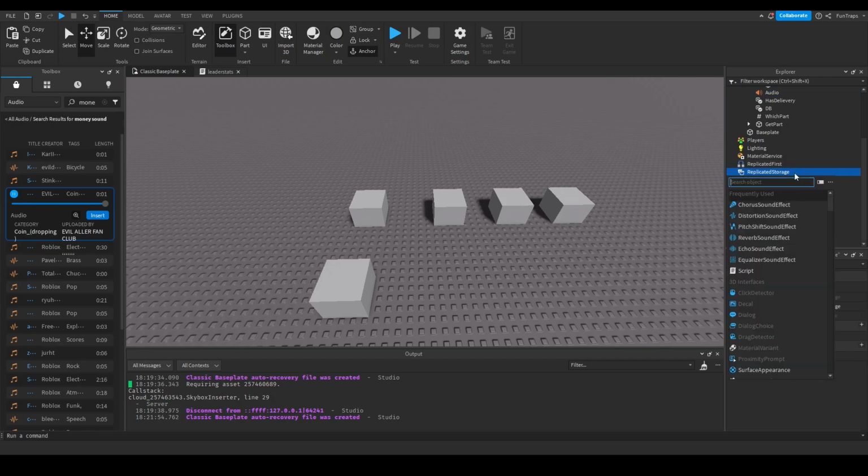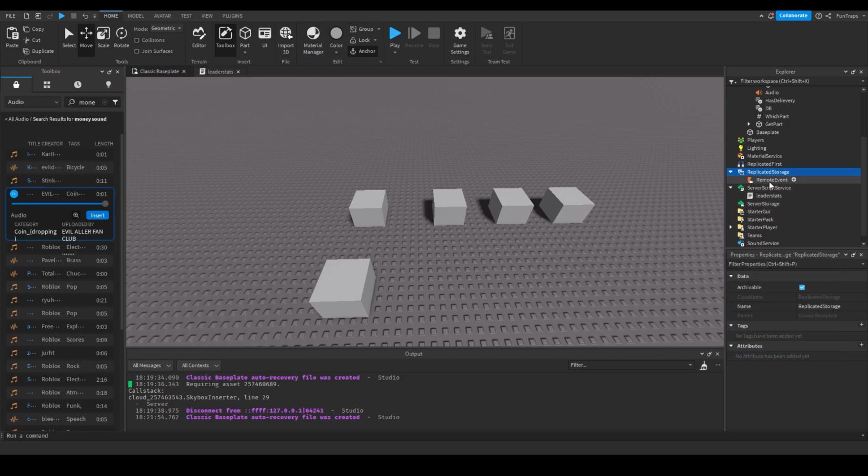Alrighty, next you're gonna go to replicated storage and you're gonna insert a folder. Next you're gonna want to go to replicated storage and add a remote event. You're gonna call this receive cache. And you're gonna duplicate that and call it transition delivery. So if you don't know what this does,